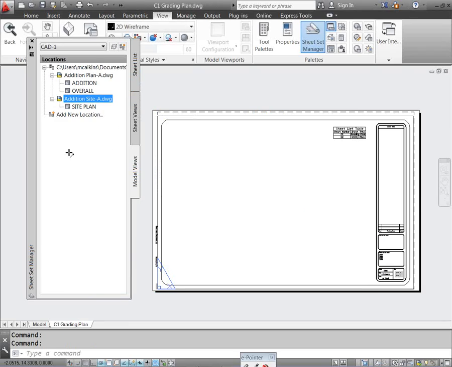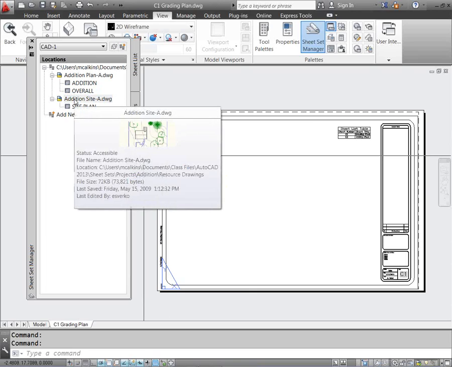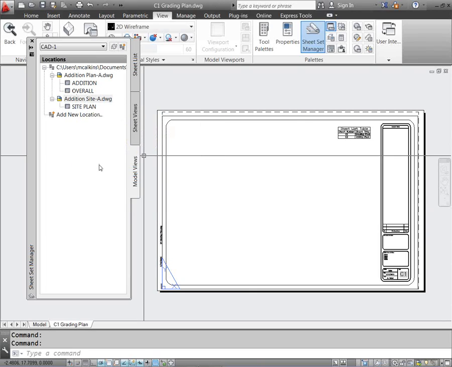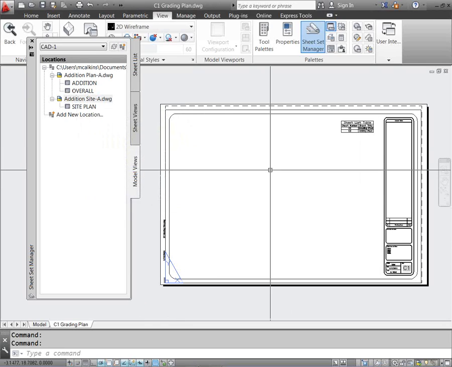And you can expand those out and you will see your named views. And I'll probably finish up by talking about how to create a named view in a drawing. If you don't have a named view in there, you can still use this. Don't worry about that. So once I've added in working files and I'm ready to add drawings or views